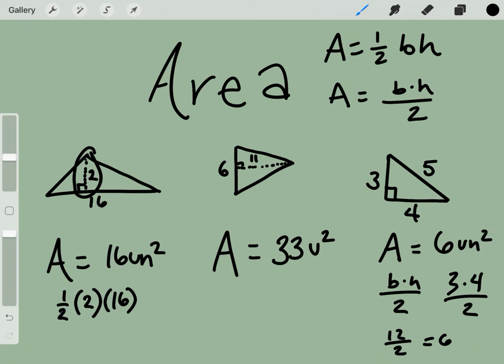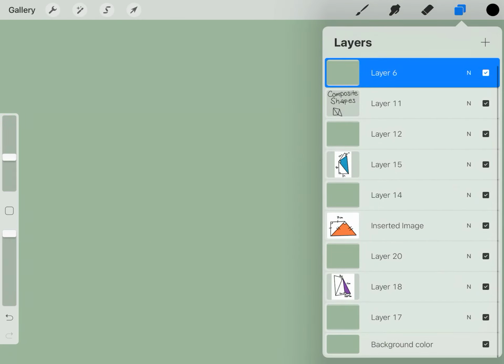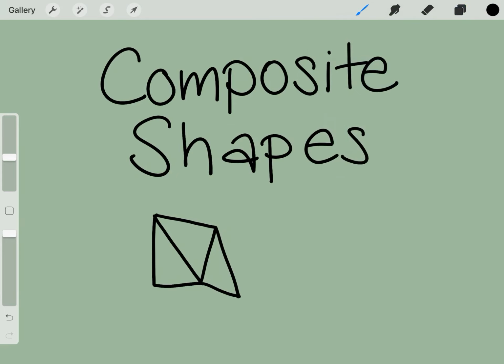And that's how you find the area. So hopefully that's not new, just a quick review. And now we'll use it to explore what I call composite shapes. So this is just a quick freehand sketch of what a composite shape could look like. You see that there's 3 different triangles embedded in